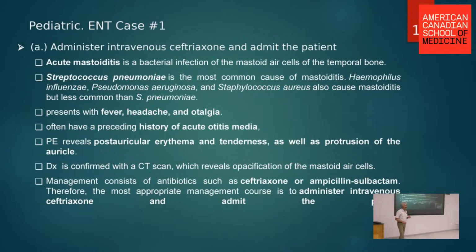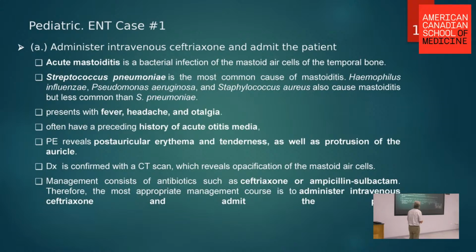So this case, because of the erythema and the pain behind the ear, consider acute mastoiditis. This is a child that you'd have some further evaluation. Typically, you're going to do a CAT scan looking for fluid in the mastoid air cells. That patient's going to receive a broad spectrum cephalosporin like ceftriaxone or Rocephin and admit the patient for further care